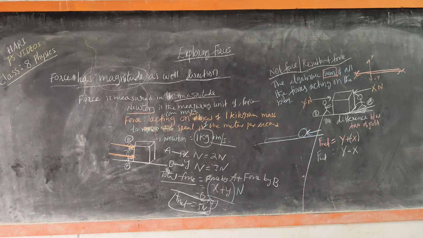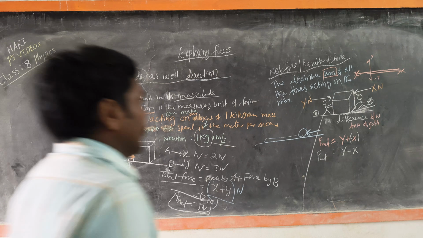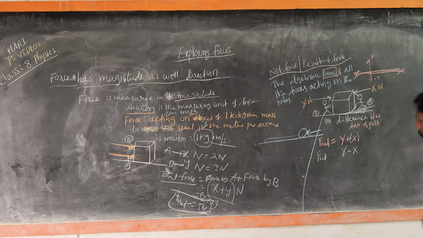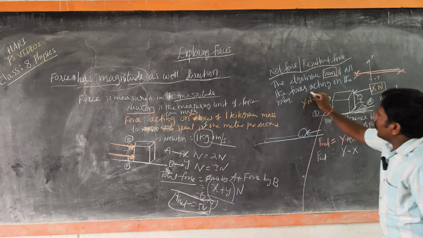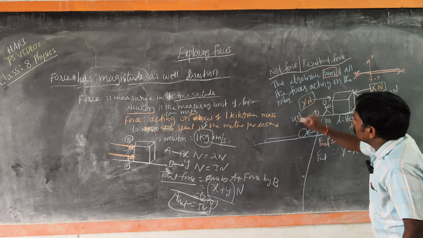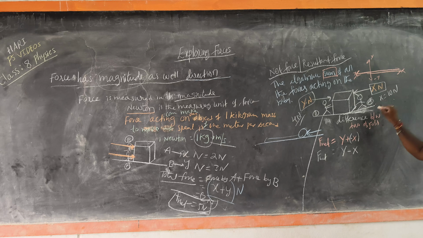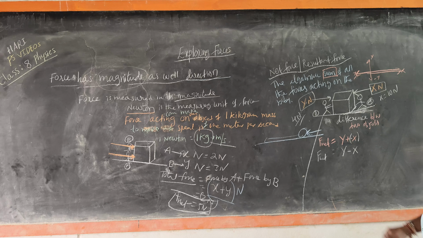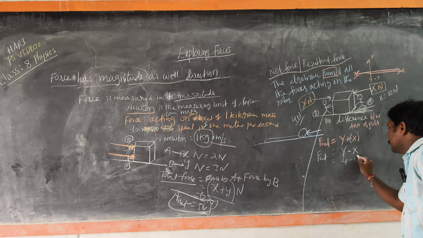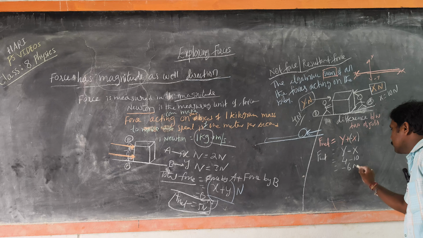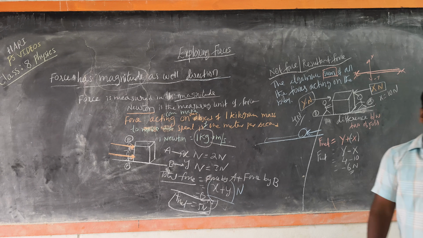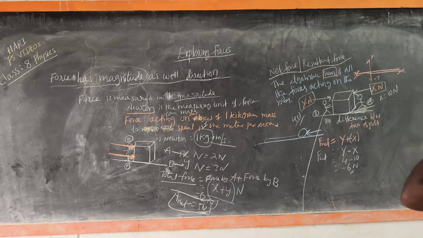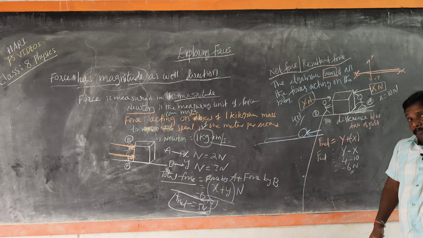So instead of subtraction, we need to take the difference. Why? Because if x is equal to 10 newtons and y is equal to only 4 newtons, then according to this you can say 4 minus 10, that is equal to minus 6 Newton. So generally we cannot measure force in terms of minus,